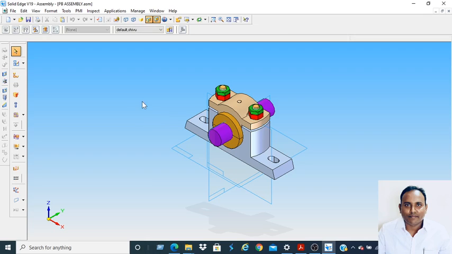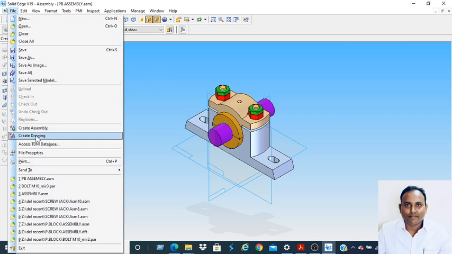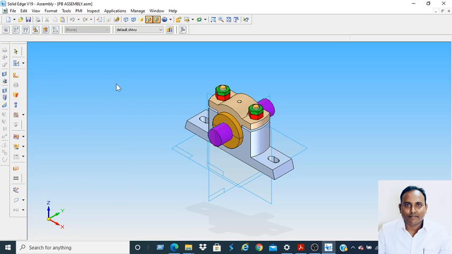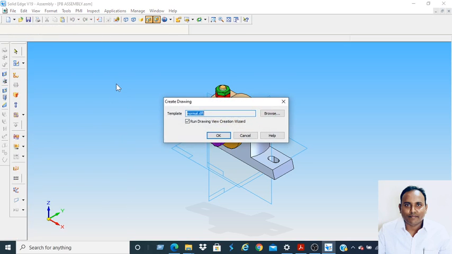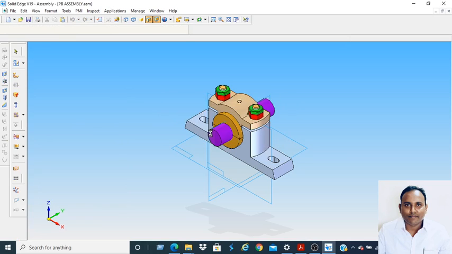Now assembly is over, but in examination they will ask you to draw the sectional front view and top view, and also along with left view and isometric view. For that, firstly the assembled component should be saved. I have saved the component here. Now go to drawing file, create drawing.